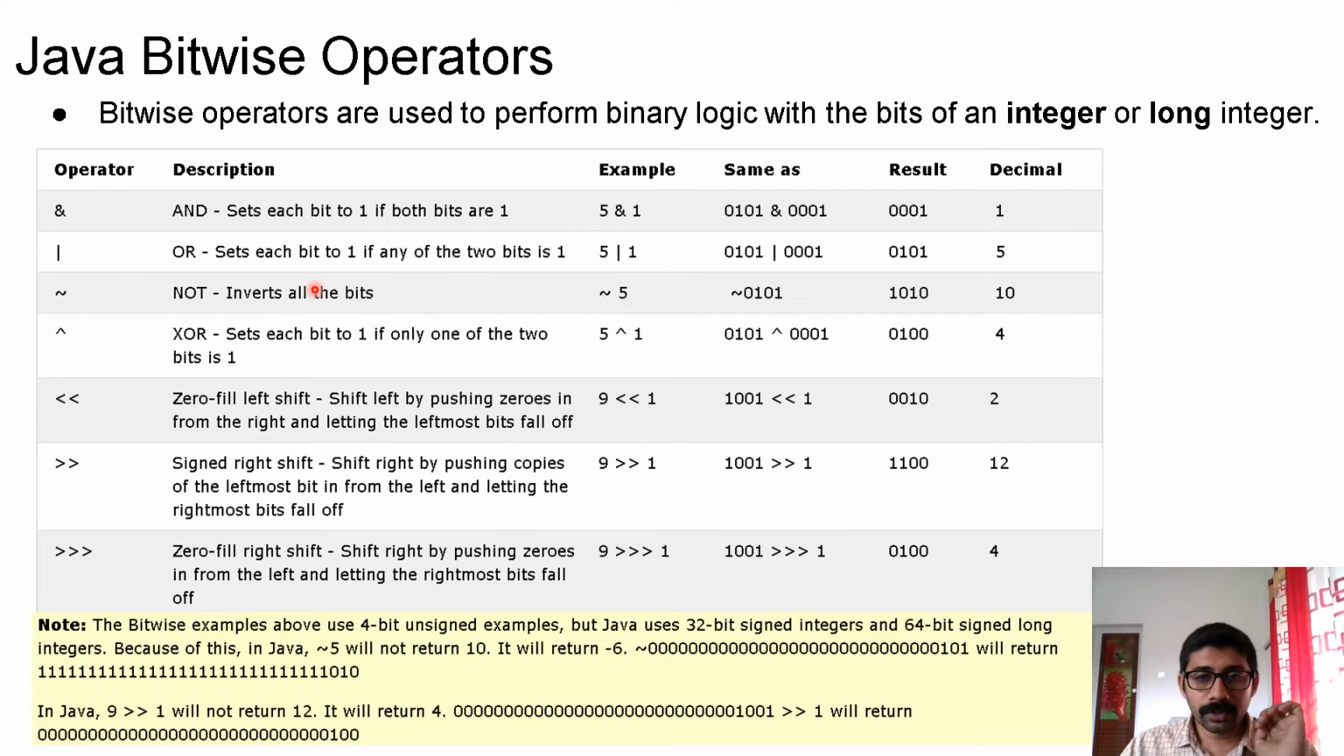Okay. OR is actually performing the bitwise OR operation. NOT means it is just inverting. NOT 5 implies 5 is nothing but 0 1 0 1. When you perform NOT, it will be 1 0 1 0. That is NOT. Okay. Then